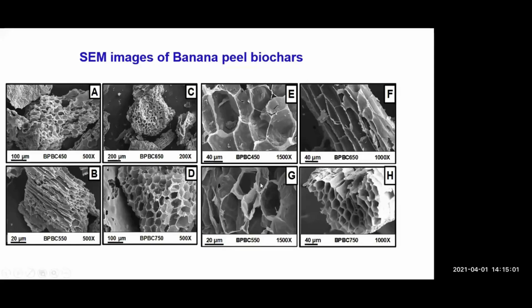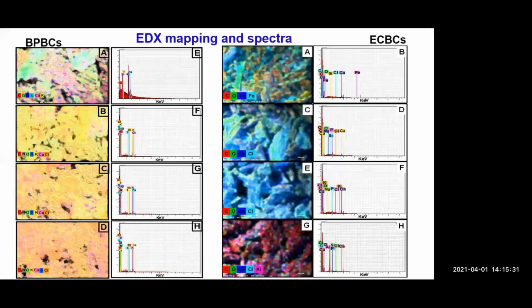structures, and these pores provide extensive surface area, up to 600 meters square per gram in case of banana peel biochar 750, which provides extensive area for pharmaceutical adsorption. As we all know, organic contaminants require large surface area, so that is also the main reason behind the selection of biomass. So the surface elemental composition of both the banana peel and water hyacinth biochars is